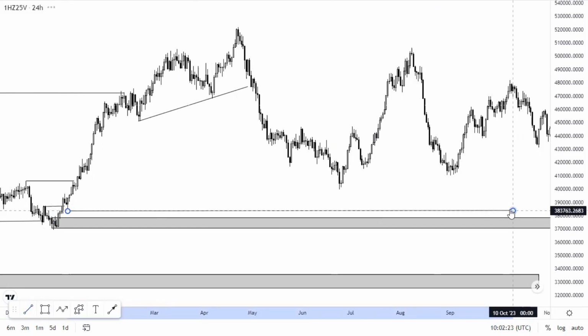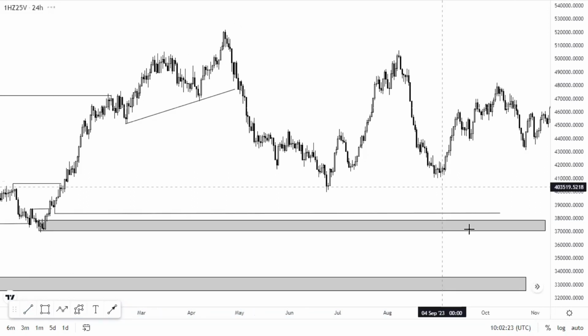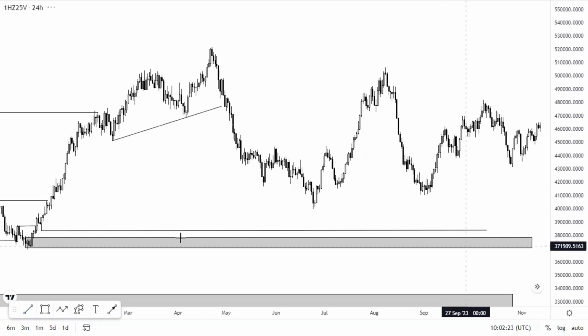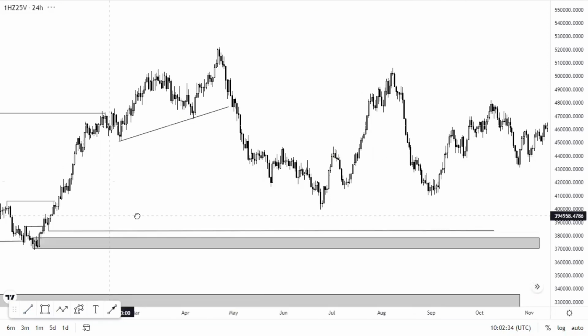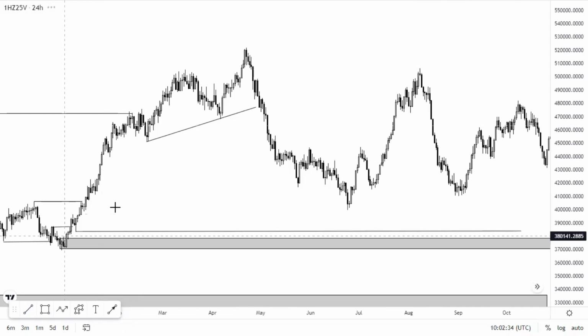So I'm going to be marking this low as my inducement, and I'm going to be expecting market to take out this inducement and then use this area for continuation. So our secondary POI, where is our secondary POI? Why I am marking out secondary POI is because of distance and momentum. Anytime you see distance and momentum in the market, it has a lot to do with the market,